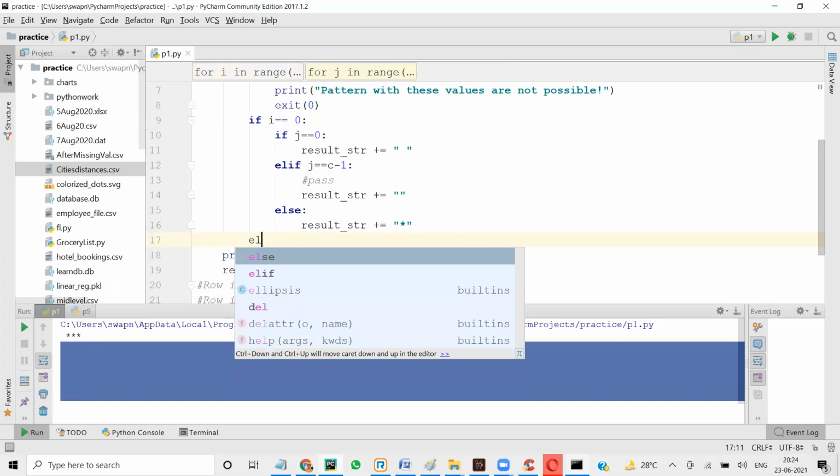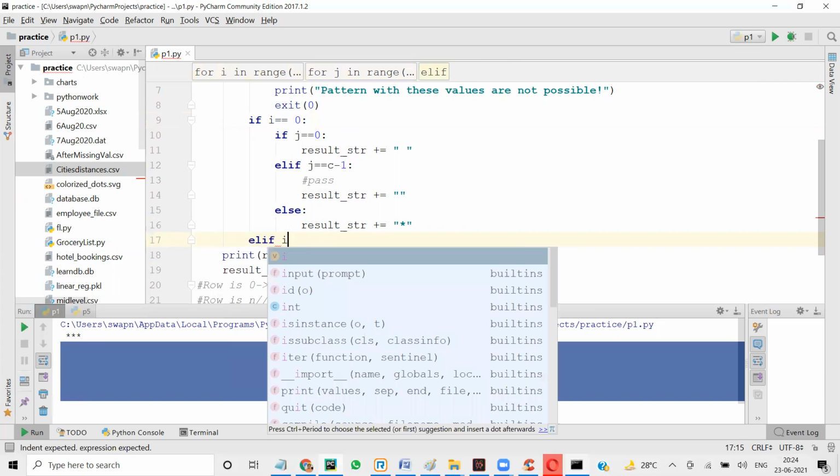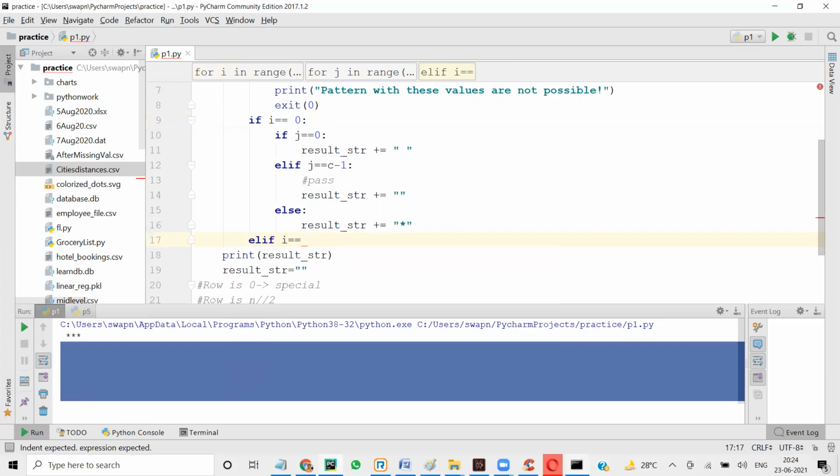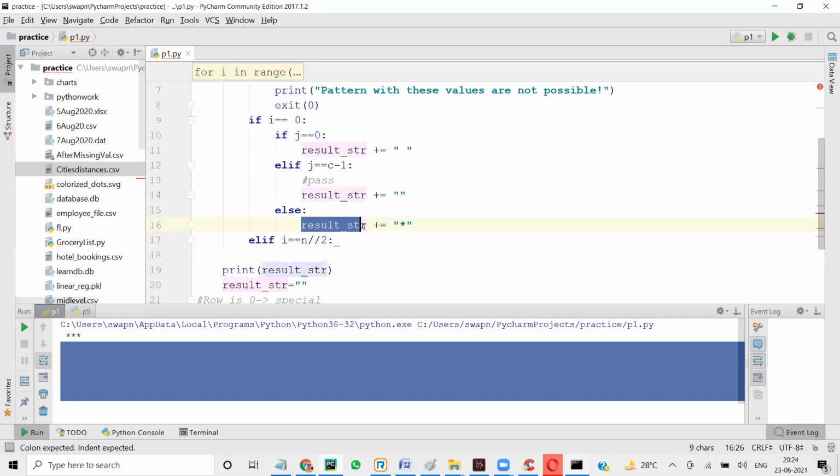Else, I'm going to say elif I equal to n by 2. So when it is n by 2, it's simple. You simply have to print this one, because we are printing star from beginning till the end.